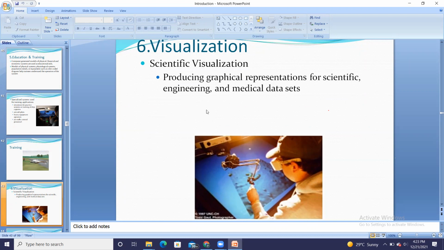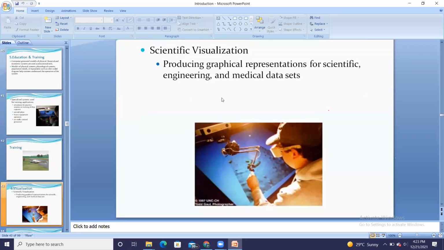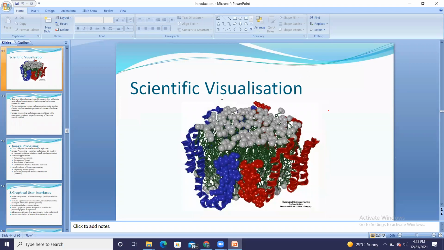So these are done in many fields like scientific, engineering, and medical data sets. So in medical data sets, we can do separation depending upon the types.